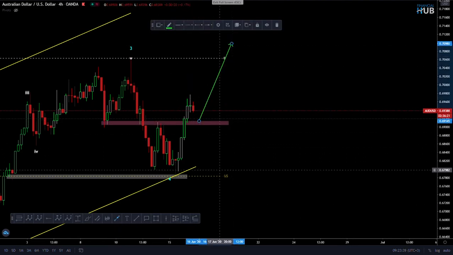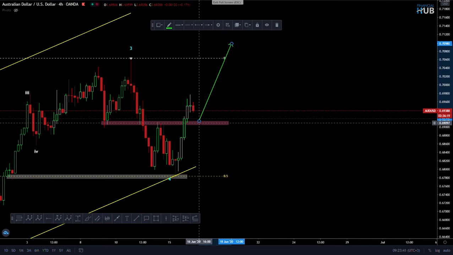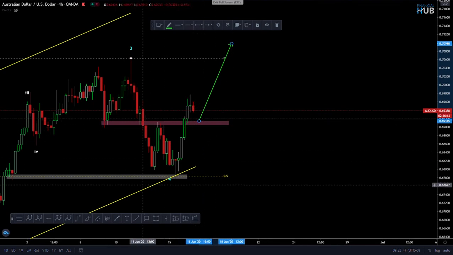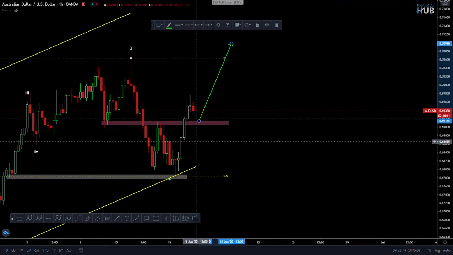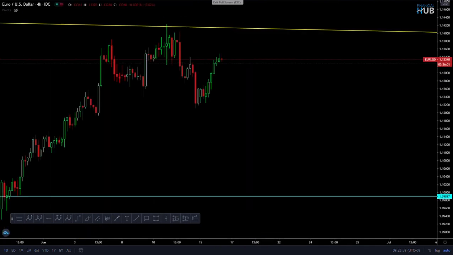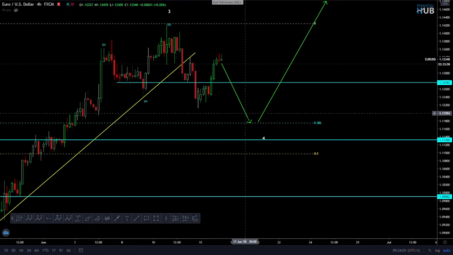However, if we get to break below this level, then I'll be really cautious, because this is a very strong liquidity level. So if you see market breaking below, we close below and coming down with momentum, then I'll take out my trades that are currently floating, and I'll take my profit wherever it is, because market can continue pushing further down. And if you go and look at Euro US dollar, okay, what I'm looking at is that